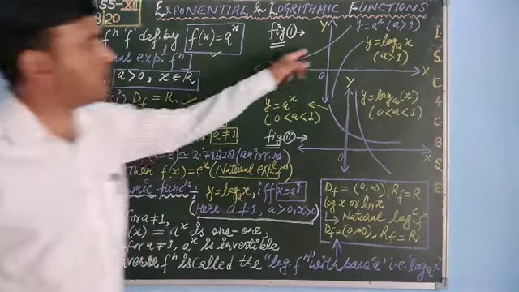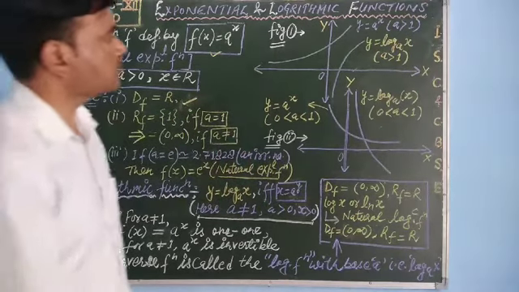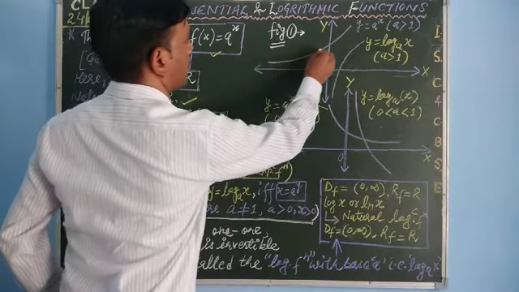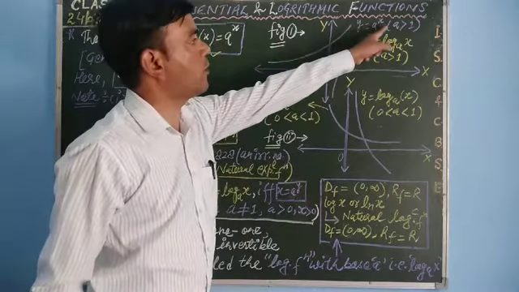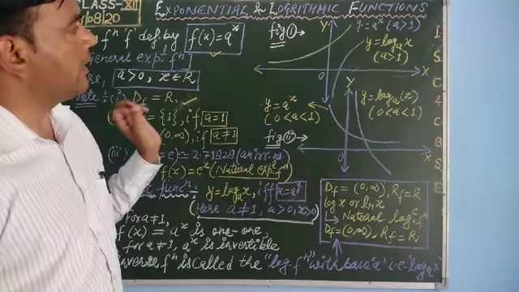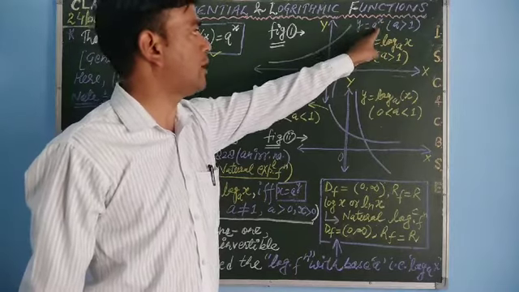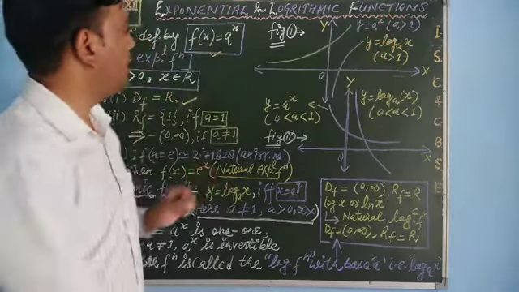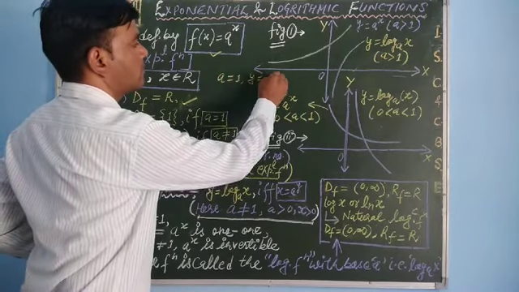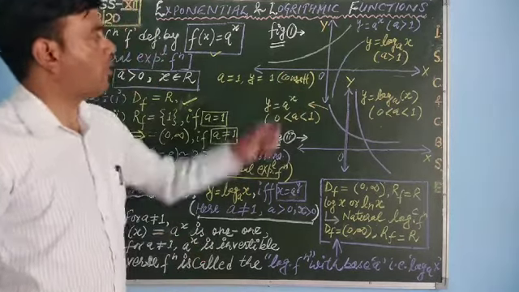Now see students, from these two figures you can easily understand this. I have taken two figures here. First see here, this is the x-axis, this is the y-axis, and this is the graph for y = a^x when a > 1. It means this is the general exponential function. See students, here if you put 1 in place of a, you will always get 1. y = 1 for a = 1. It means when a = 1, y is always 1. That is a constant function for a = 1.